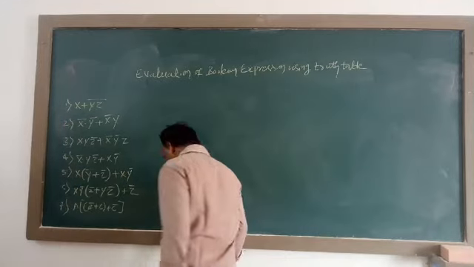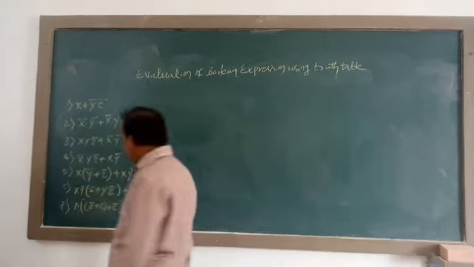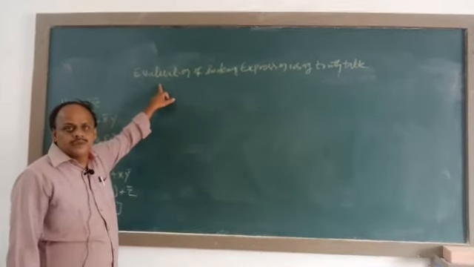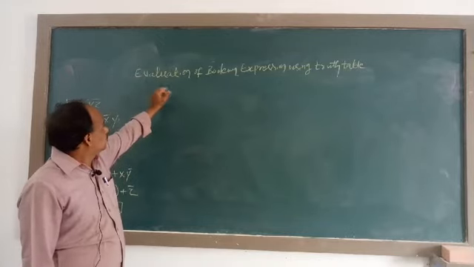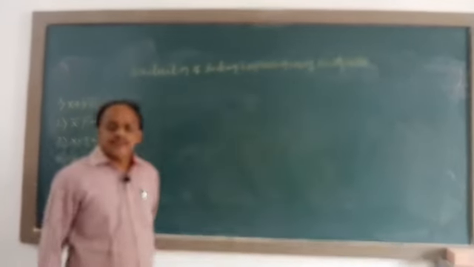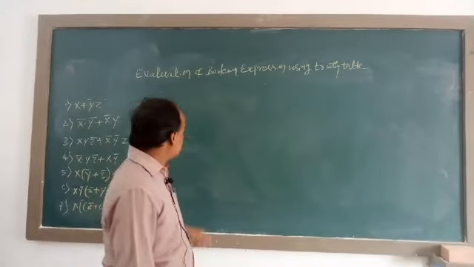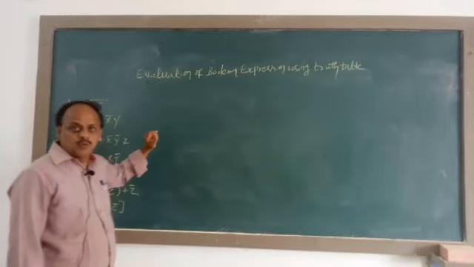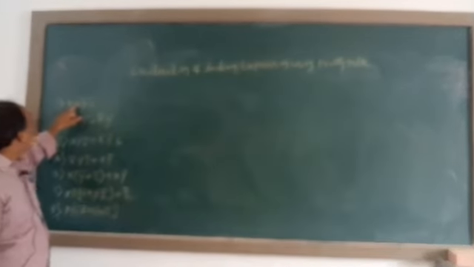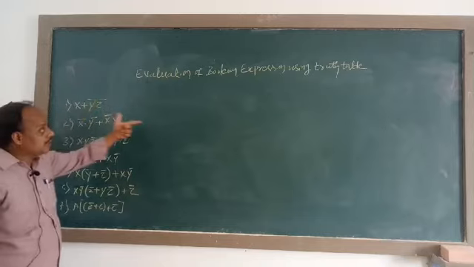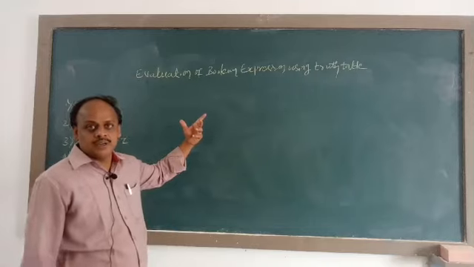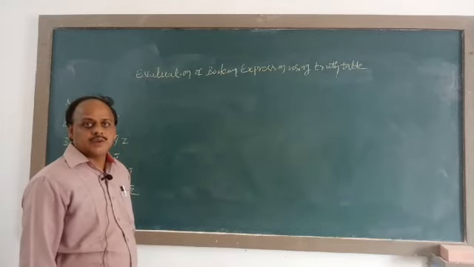See here, this is very important for the annual examination. They are going to ask to evaluate the Boolean expression using truth table for 2 or 3 marks. For 2 marks, the expression will be very small, like this: x plus y into z whole bar. If the given Boolean expression is very big, meaning the truth table contains more columns, then that is going to carry 3 marks.